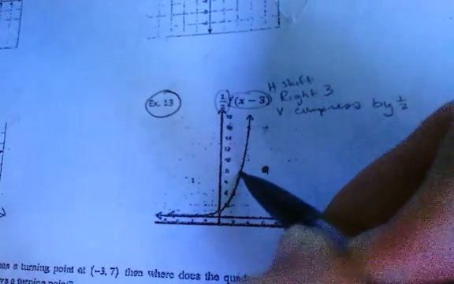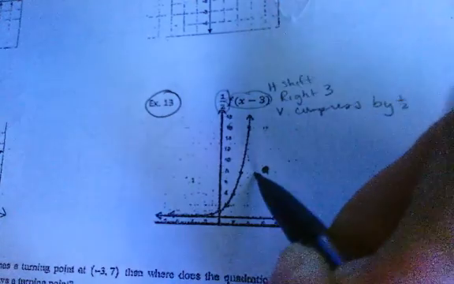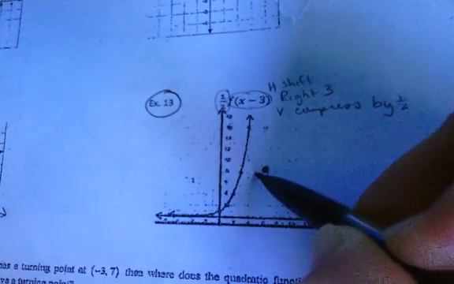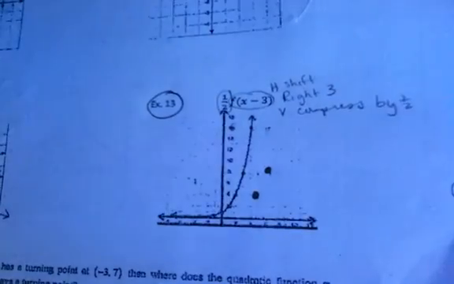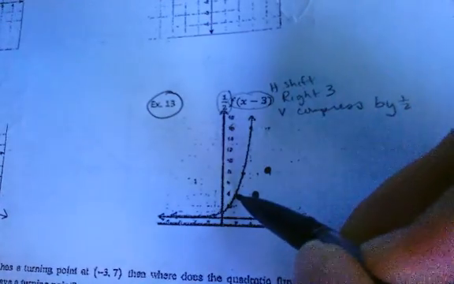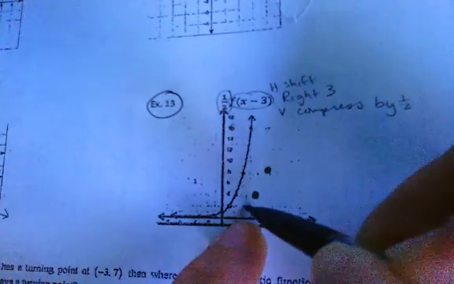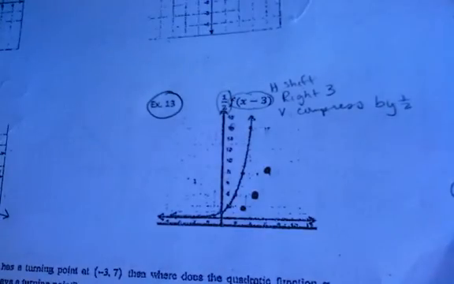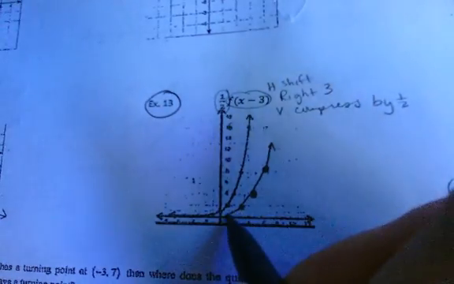The next point, let's go with this one. Right 3. Approximately there, and then cut it half the distance, which would be approximately there. I can't expect this to be perfect because the graphs aren't legible. Here we are, right 3, cut it in half, so it's 4 units above, half it to 2 units above. And so when you connect these and kind of go with this pattern,